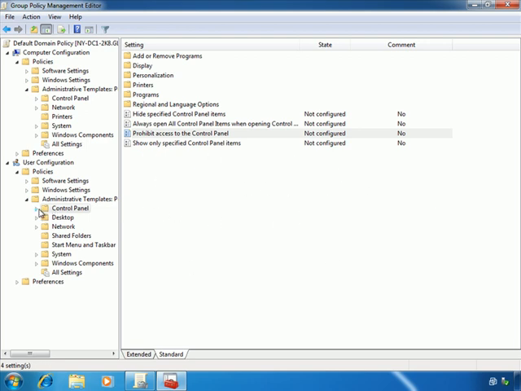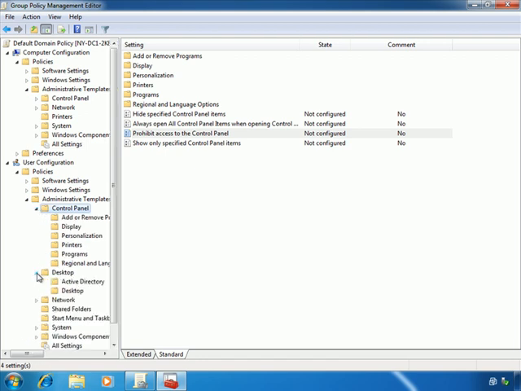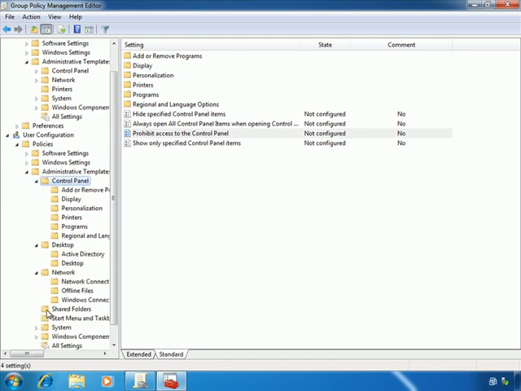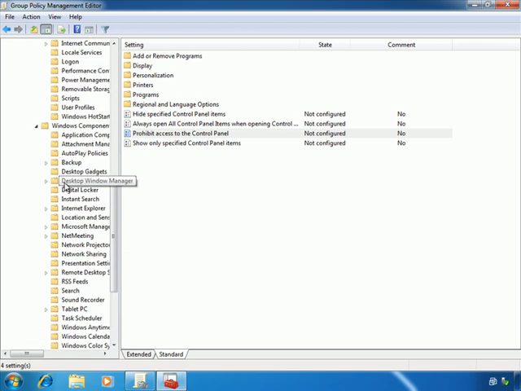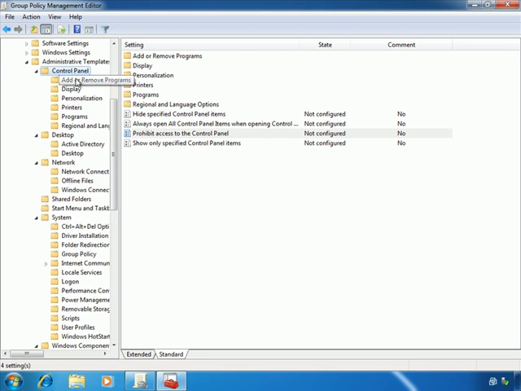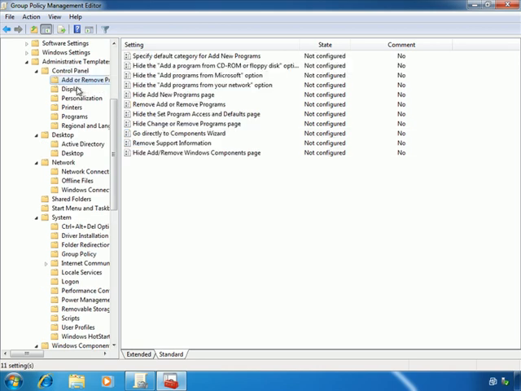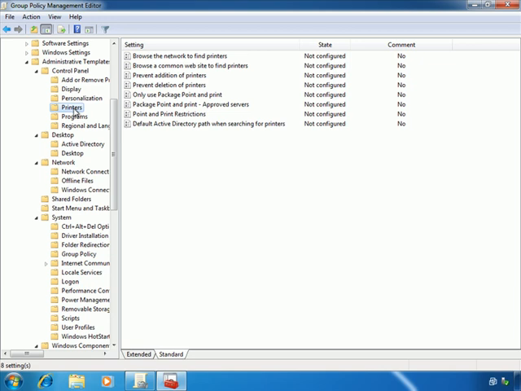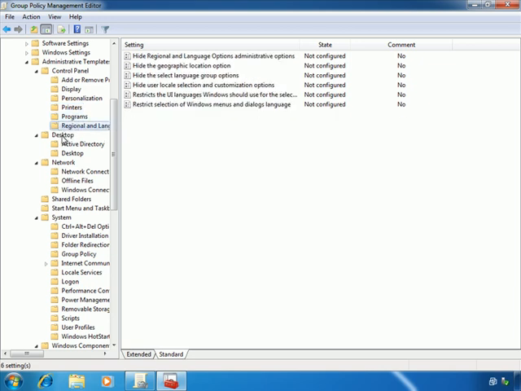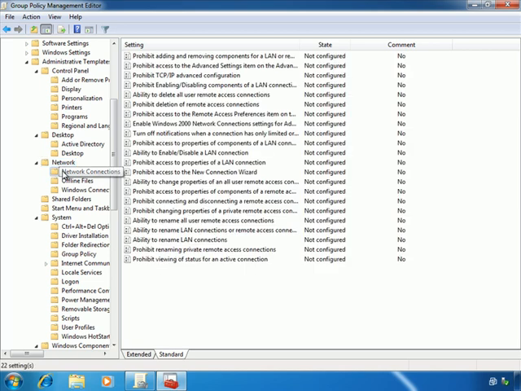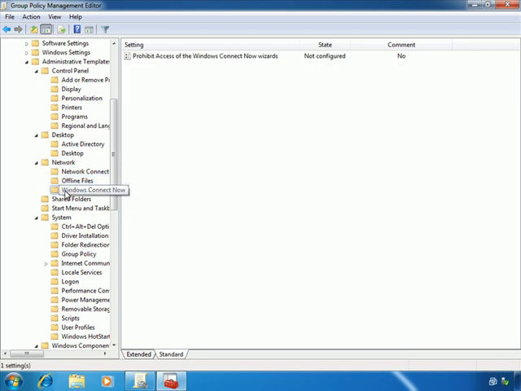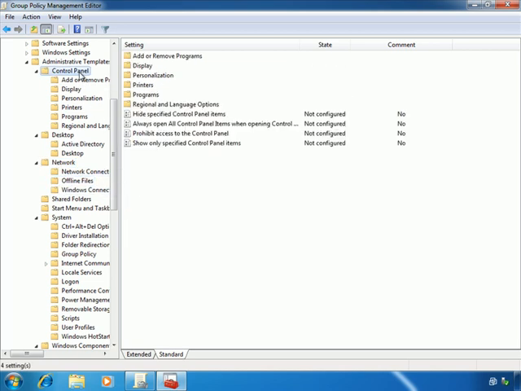Okay, and then just to show you, by the way, if I were to go ahead and dig down here, you'll see that we really have a lot of settings. So I'm not even going to continue with the Windows components, expanding this down. And then inside each one of these, sometimes you have a shorter list and sometimes you have longer lists. Okay, I'm just clicking through each one of these. Again, some of these have long lists, some of these have shorter lists. Okay, but anyway, let me go ahead and come back up here to control panel, because I want to show